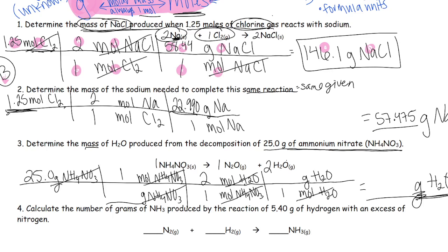So if we go back to calculating molar mass, I'm going to calculate the molar mass of 2 different things while looking at the periodic table. One is NH4NO3, and the other is H2O. So for NH4NO3,